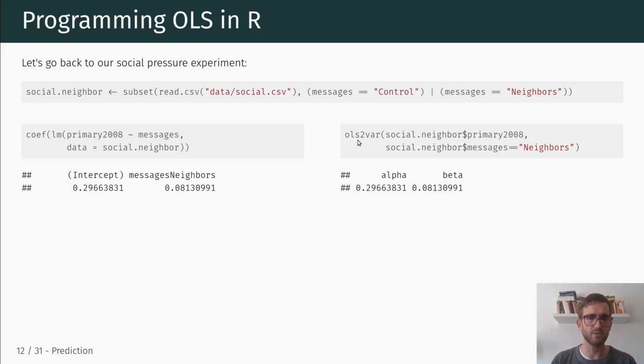The expected turnout rate in the control group was about 30%, and in the treatment group the expected turnout rate was about 8 percentage points higher than in the control group. So this confirms that our derivation was accurate, and that the formula gives you the same result as the pre-packaged lm function,